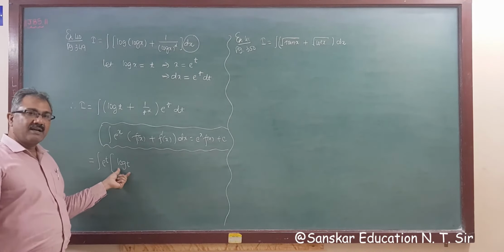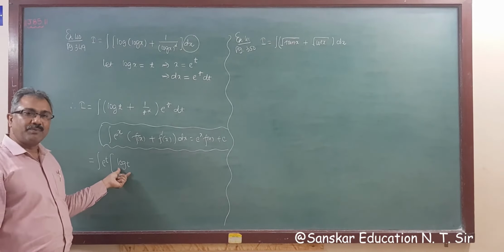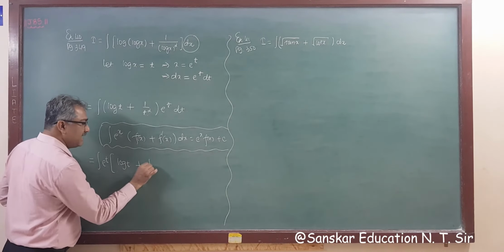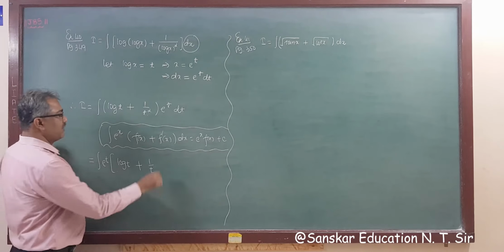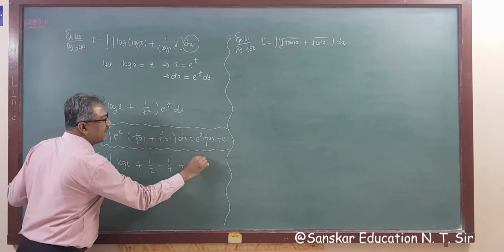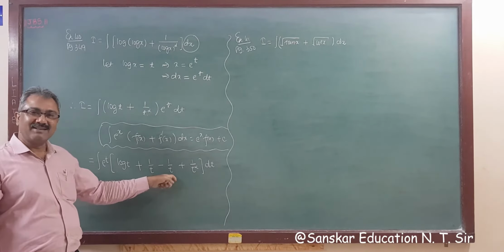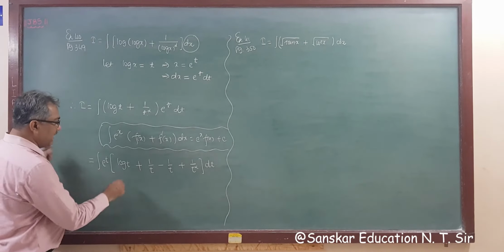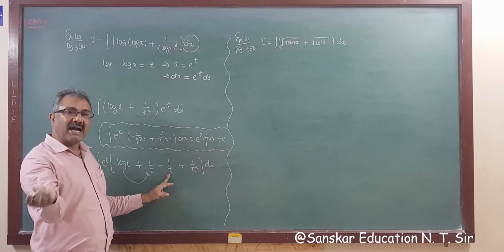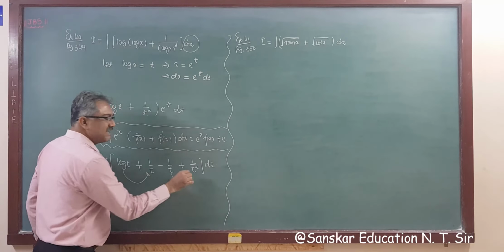If this is f x, then derivative of log x is 1 upon x. So you must have 1 upon x, but no, 1 upon x is t square. So derivative of this is 1 upon t. So I am adding 1 upon t. So subtracting 1 upon t, and plus 1 upon t square is already there. It was already there, it had to come, it had to go, right? So now derivative of this is this, and derivative of 1 upon t is minus 1 upon t square. So if we take minus common, then this becomes derivative of this, right?